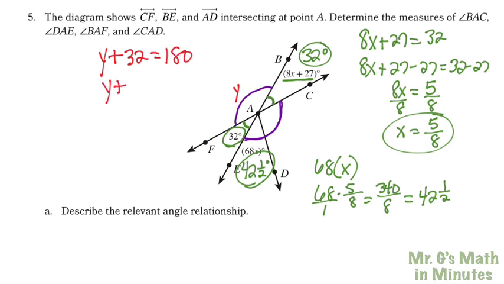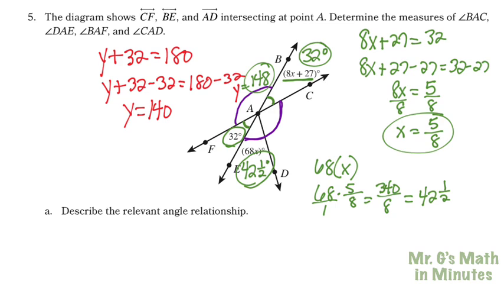So y plus 32 minus 32 equal to 180 minus 32. Y is going to be equal to 148 degrees. So this piece, angle BAF, at y is equal to 148 degrees. So now to find the last one,